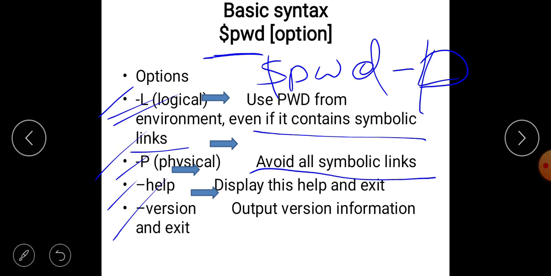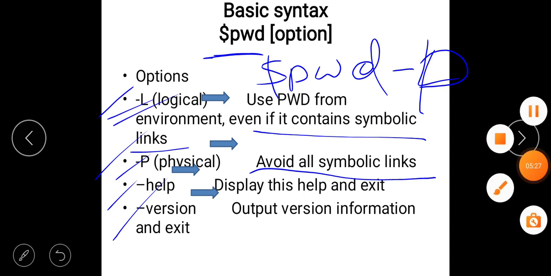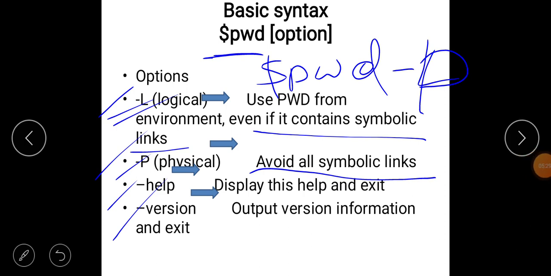It will not show the symbolic links, only it will give the path, that's it. Symbolic links will be avoided here.